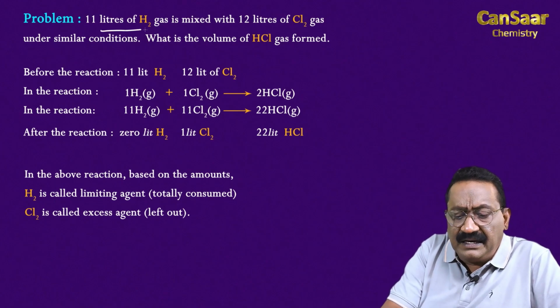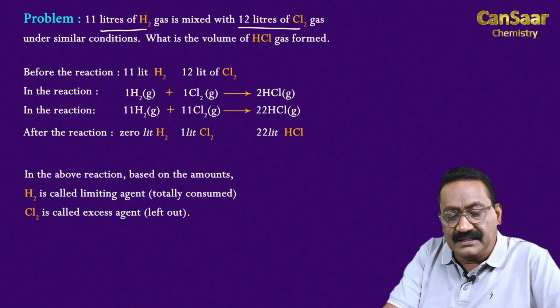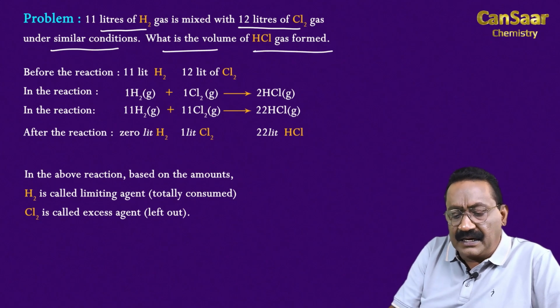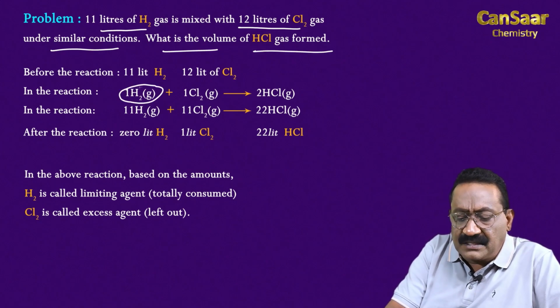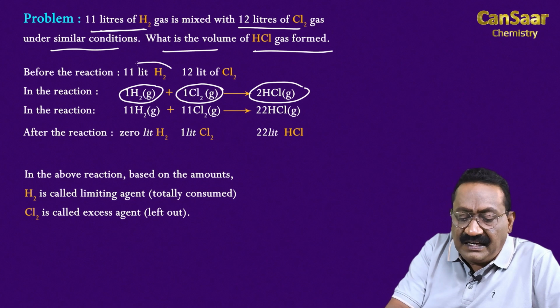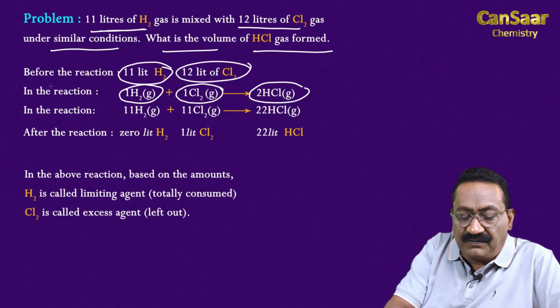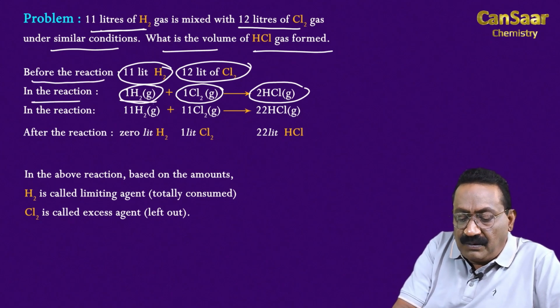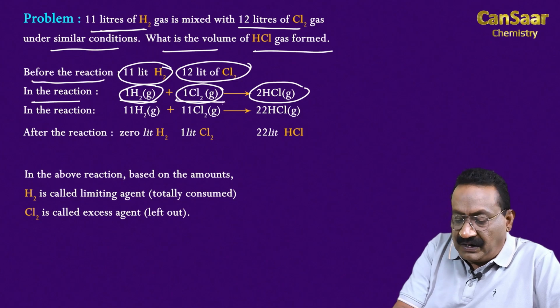Example, 11 liters of hydrogen gas is mixed with 12 liters of chlorine gas under similar conditions. What is the volume of HCl gas formed? Here, one volume of hydrogen gas combines with one volume of chlorine gas, forming two volumes of HCl gas. 11 liters of hydrogen is mixed with 12 liters of chlorine. So, this is what we call before the reaction. And in the reaction, one volume of hydrogen, that is 1 liter of hydrogen with 1 liter of chlorine